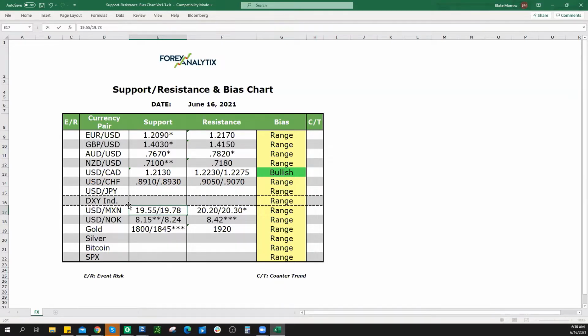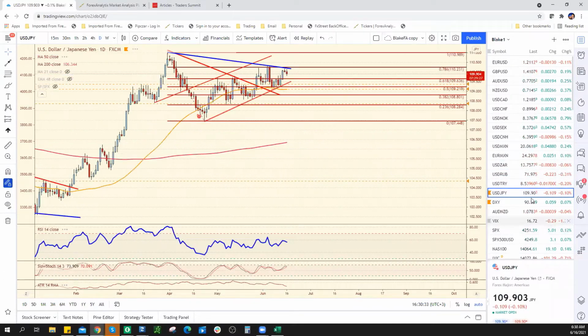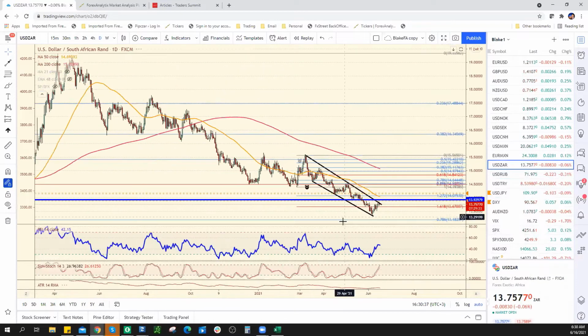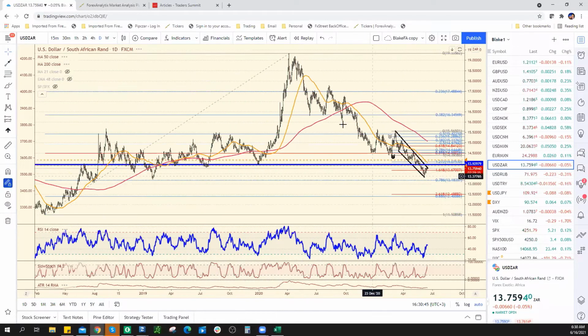Okay. You guys got to watch this Rand. I don't trade this that often, but I wouldn't mind being long if we break out. This is a serious beatdown since post-COVID lows. Like I said, I don't trade it often, but if it breaks through that, I'm going to get long.